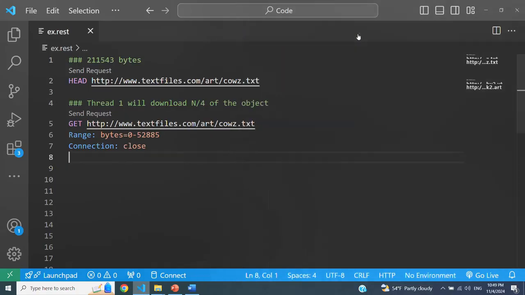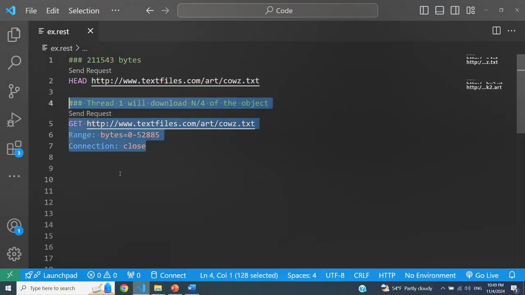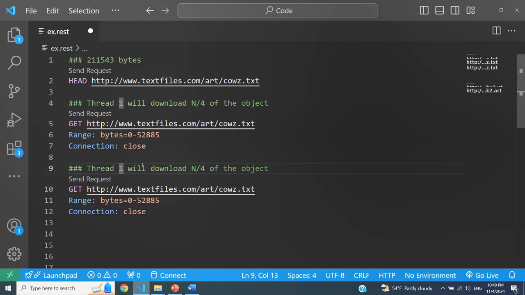The second thread would obviously be, so let me copy and paste this. To tell you what thread 2 would be downloading, it would be doing the same thing, but downloading the bytes from 52,886 to twice this number. Twice this number would be something around, you have to do the computation, but I would expect something like 103,664.